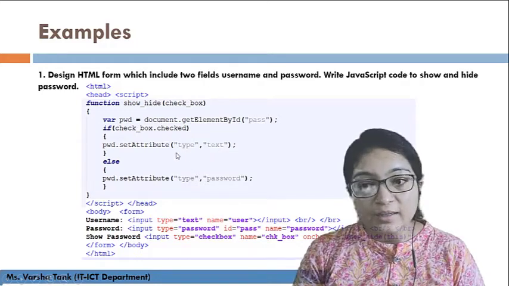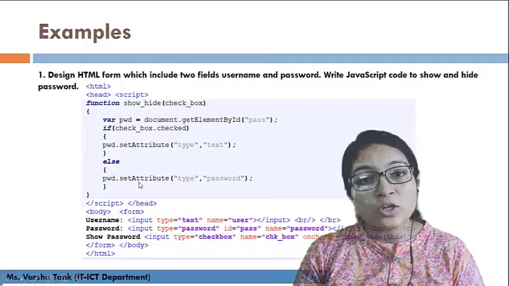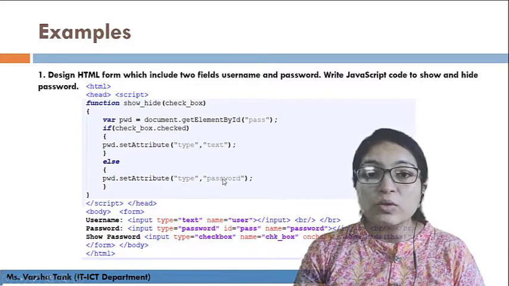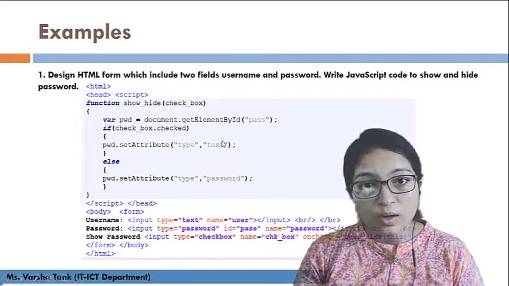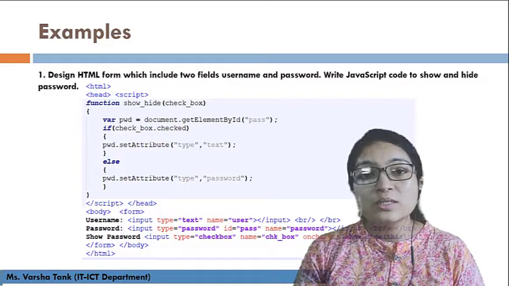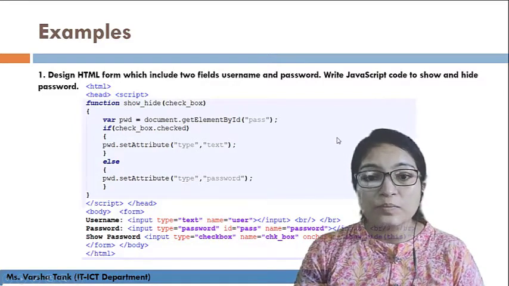If it is checked, then its type is text, and if it is not checked, its type is password. Okay, so this way you can display the password in readable or non-readable form. So this is the practical about changing the type of the password.